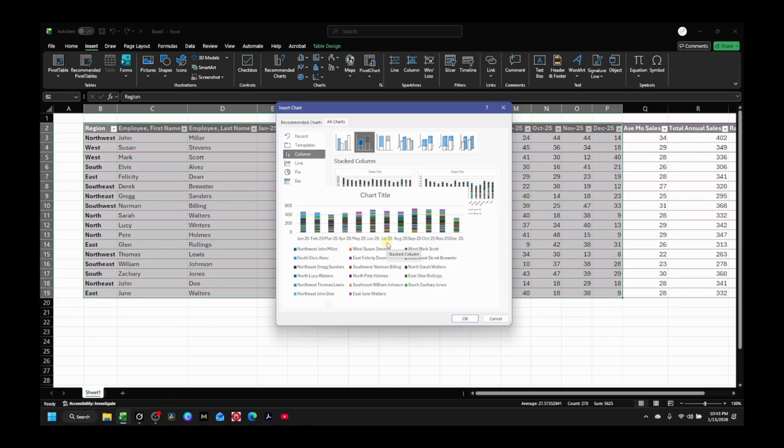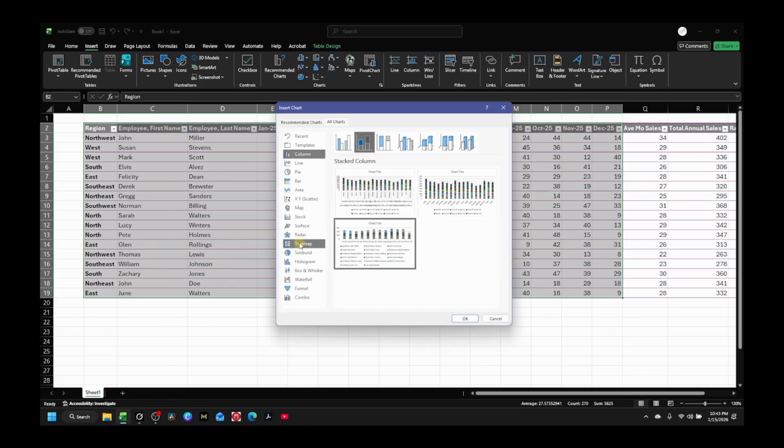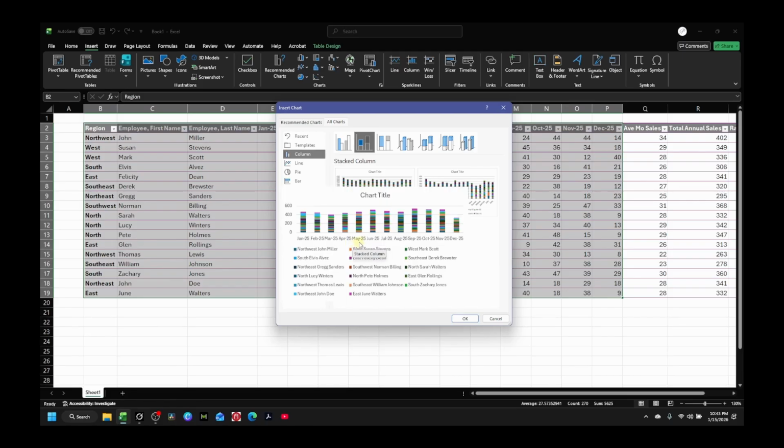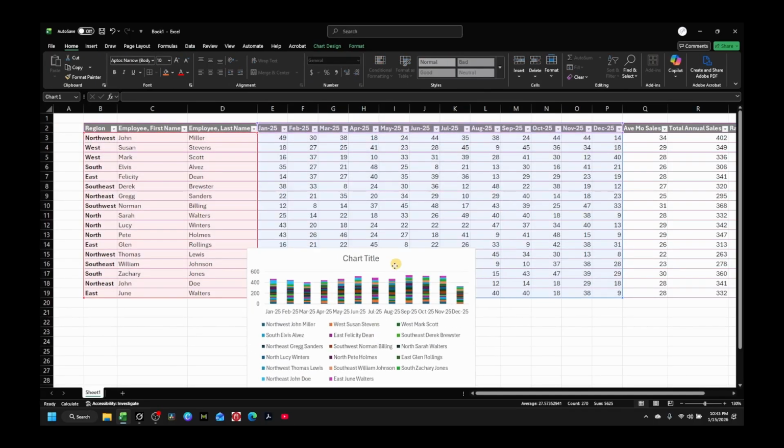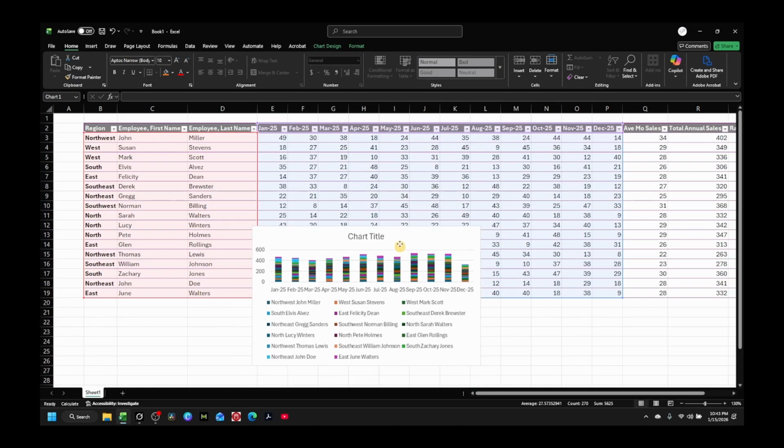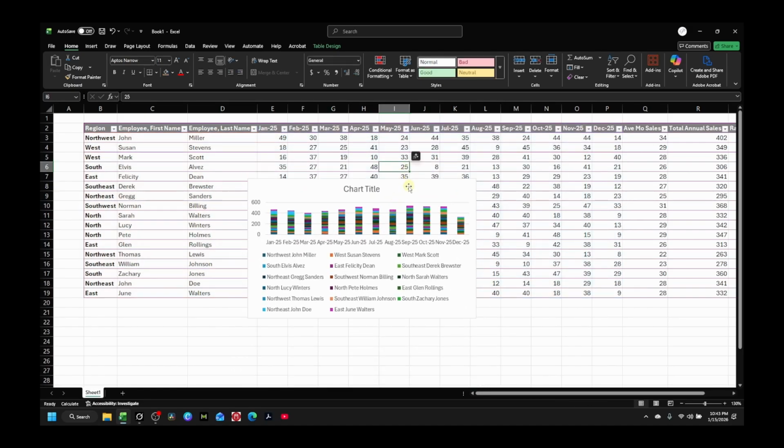The stacked column chart, and it's got the months along the bottom, sales vertical, and then all of the colors are regions and our people. Okay. So here now we've created our table, and when we select our chart that is based on our table,